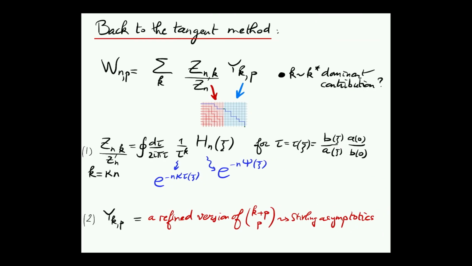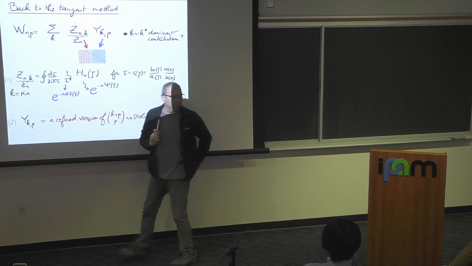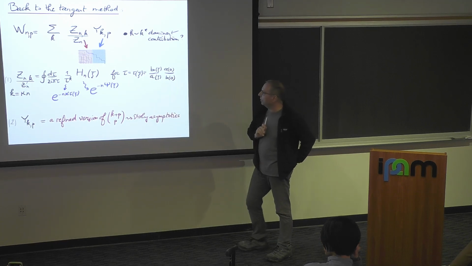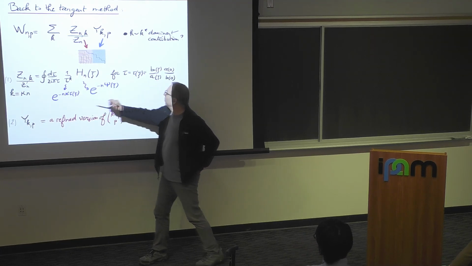Okay? So now that you have the psi and the F, right? So you have the scaling behavior of this guy, and now we can use what I just said, right? So these hn are actually viewed as a function of this parameter tau, which is given by basically the b weight divided by the a weight in the last column, right? As a function of tau, this is a generating function of the various hk's, or Znk's over Zn, right? So you extract the coefficient of tau to the k from here, and you get your height, your boundary one-point function. So you know exactly how this guy behaves, right? It's this what we computed. This is just by construction